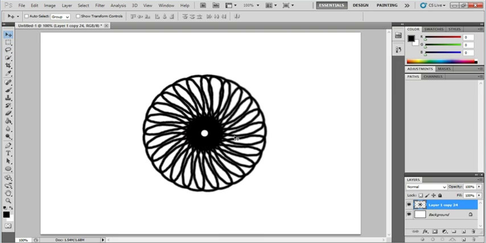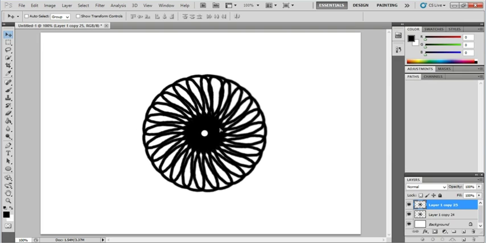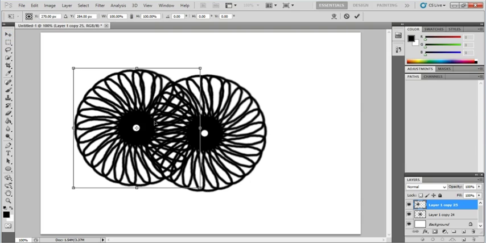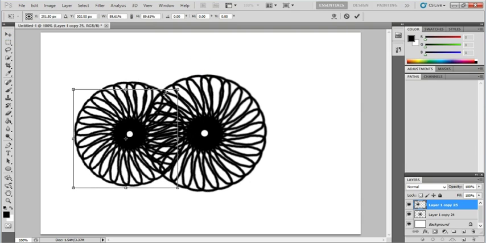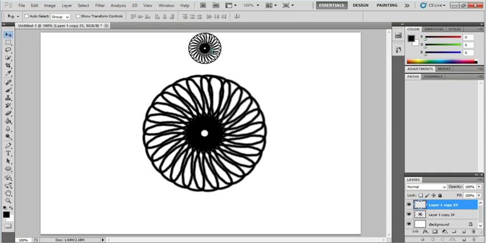Then I create another duplicate of the pre-existing shape. I will drag that shape and free transform that. I will shrink and minimize the shape and place it exactly on top of the large circle, and I hit enter. Now create another duplicate of the existing shape, that is the small circle, and then place